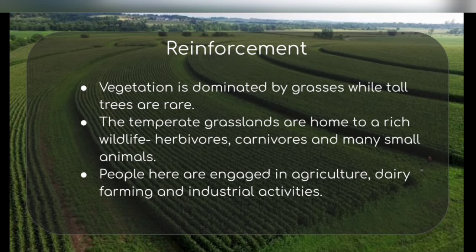Vegetation is dominated by grasses, while tall trees are rare because of insufficient rainfall. The temperate grasslands are home to rich wildlife such as herbivores, carnivores and many small animals. People here are engaged in agriculture, dairy farming,